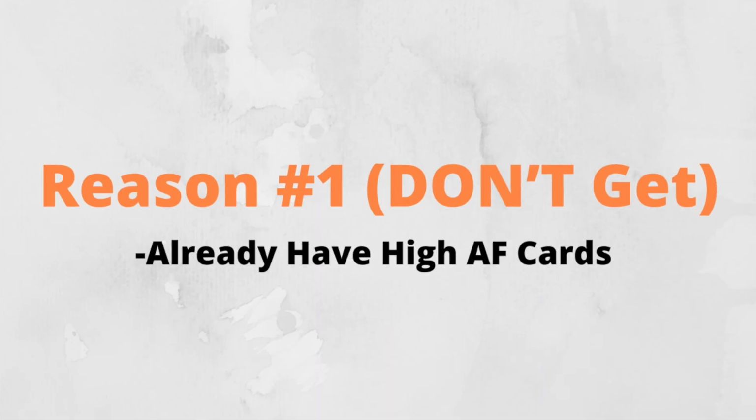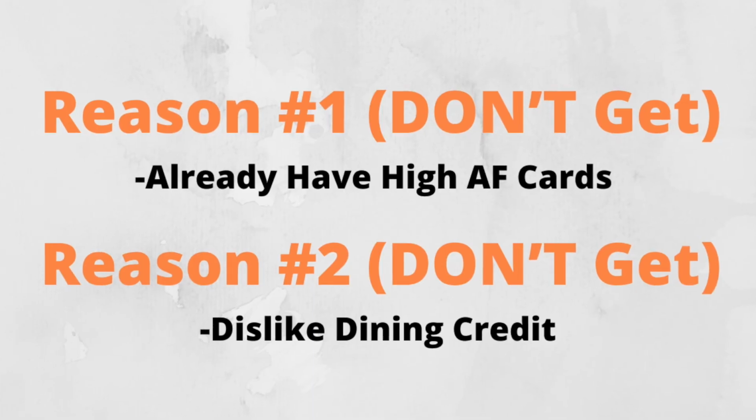Next up, the Bonvoy Brilliant is probably not going to make sense for you if you already have some high annual fee credit cards, and maybe you are starting to get overwhelmed with all the annual fee credit cards that you have and having to manage them and make sure that you're getting positive value from each of those cards. Especially if some of those annual fee credit cards are hotel cards like the Hilton Aspire, then in a lot of cases, there probably isn't going to be a need to add the Marriott Bonvoy Brilliant. Additionally, if you already have dining credits on another credit card like the American Express Gold Card, then I could see how needing to use another dining credit with the Marriott Bonvoy Brilliant could be